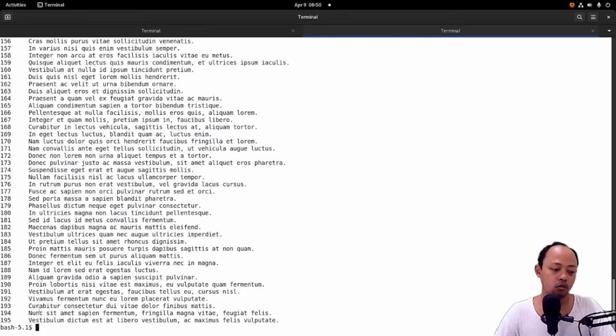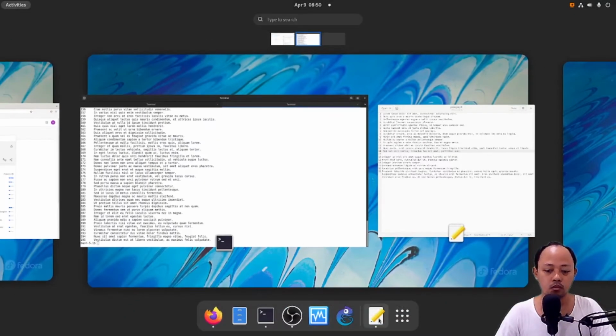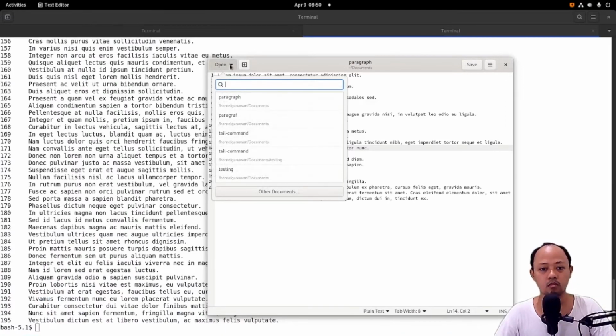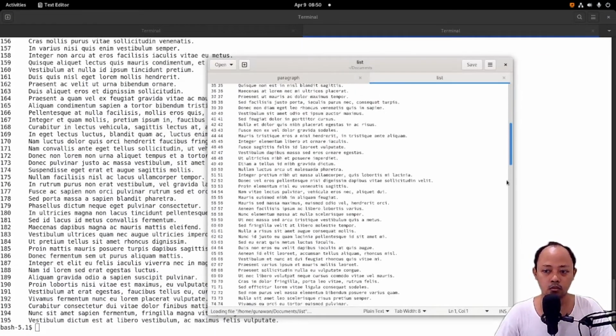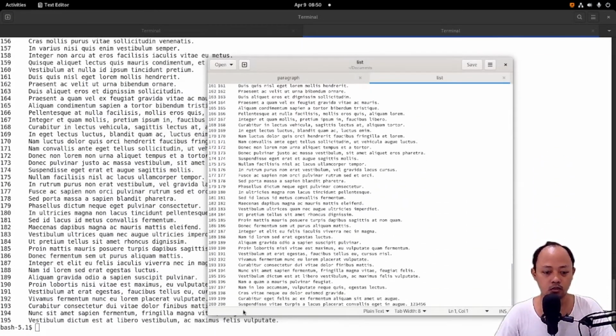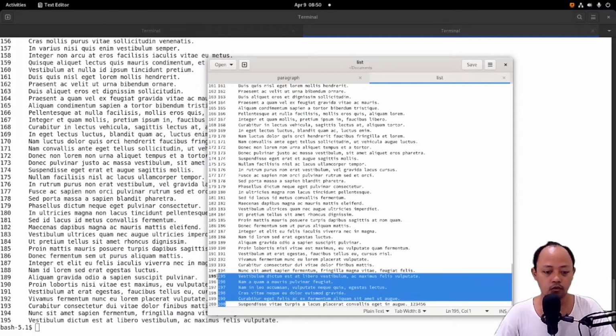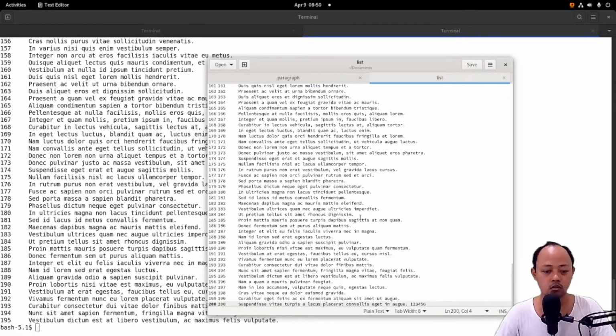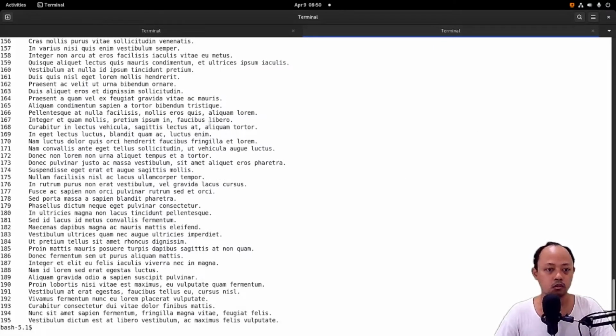So the last 5 lines will not be printed by this option. We will check our file. You can see that we have 200 lines. So it's the opposite of the tail command.